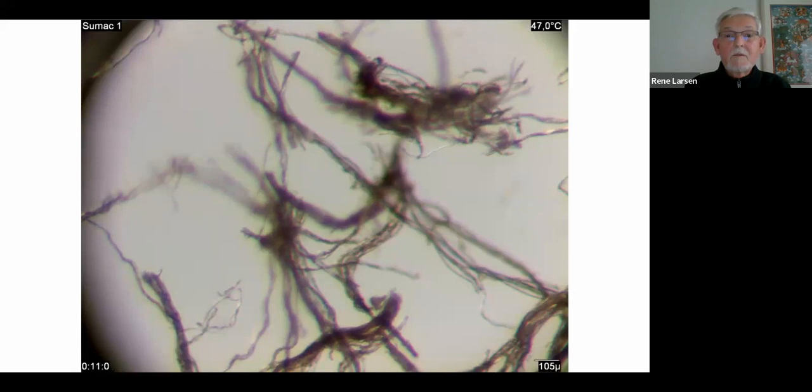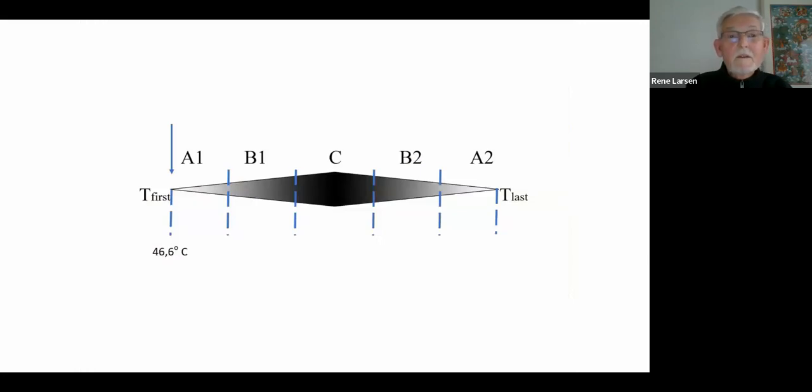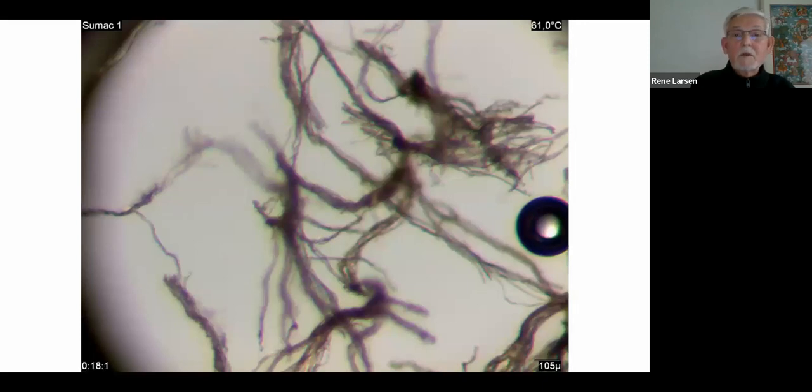And we are now in the A1 interval. That means that we will see one shrinkage event at a time, and then a break, and then another event. But you have to observe the whole picture all the time, because it can be a very thin fiber in the background. Then we go on into the B1, where one shrinkage, you saw one there,